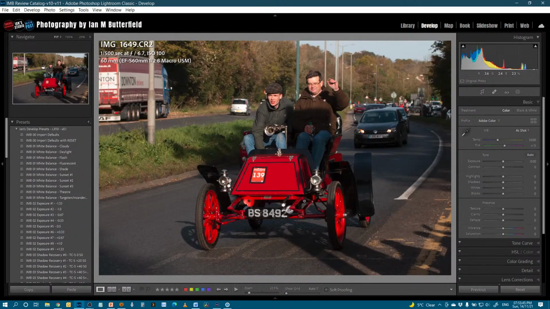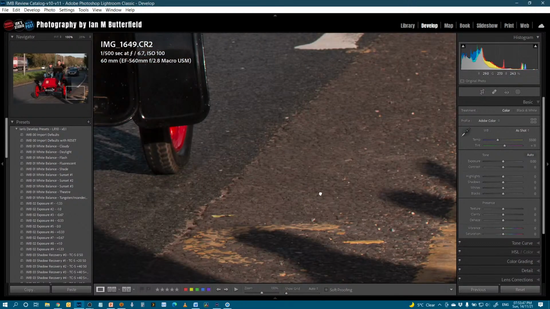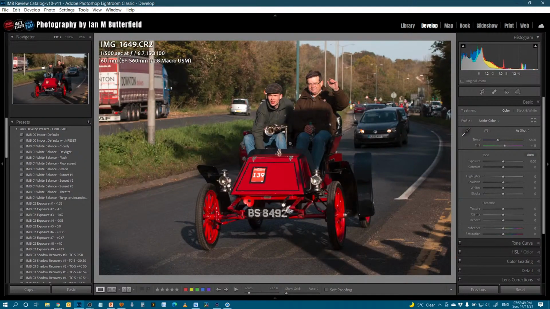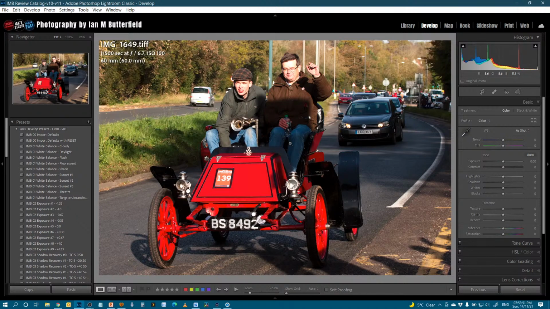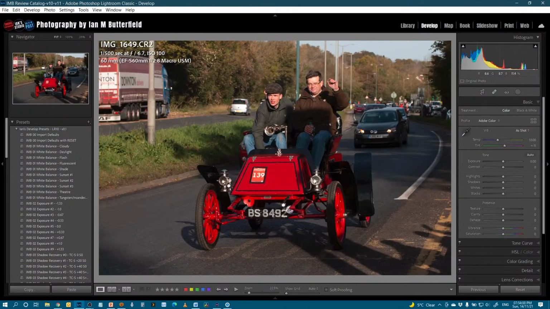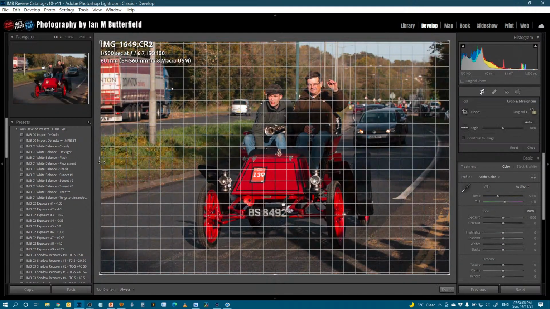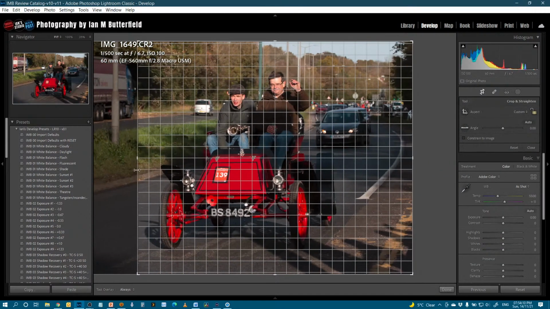Other than that, that is not a bad edit actually on there, and you've brought it up a little bit lighter. Now, just looking, we've got some clipped highlights on the face there. If I just go back here, that wasn't clipped on the face in the original. So I'm just going to do a very quick edit to show you.